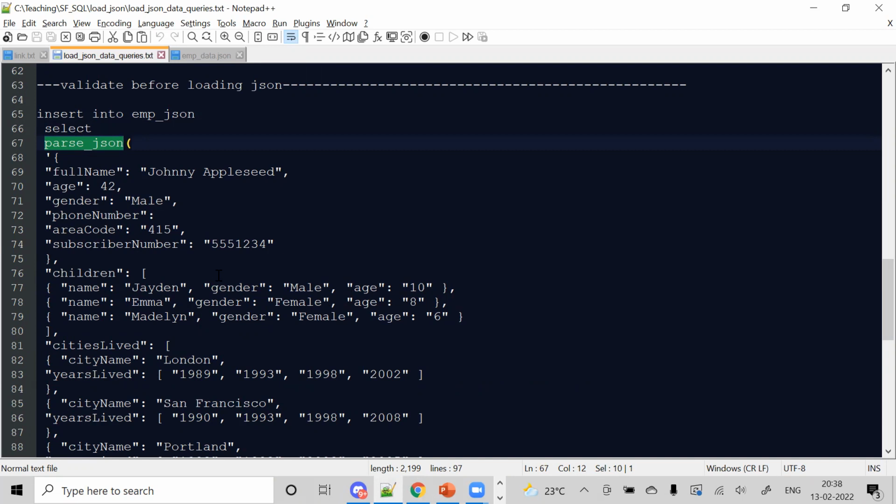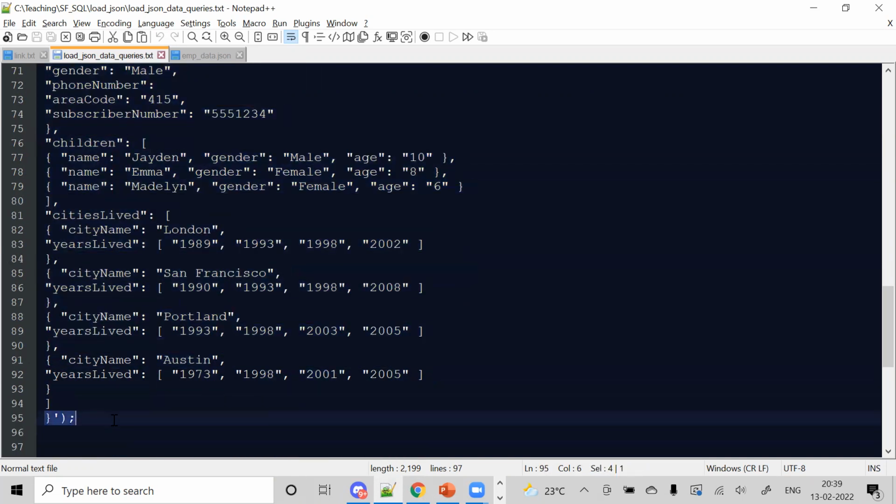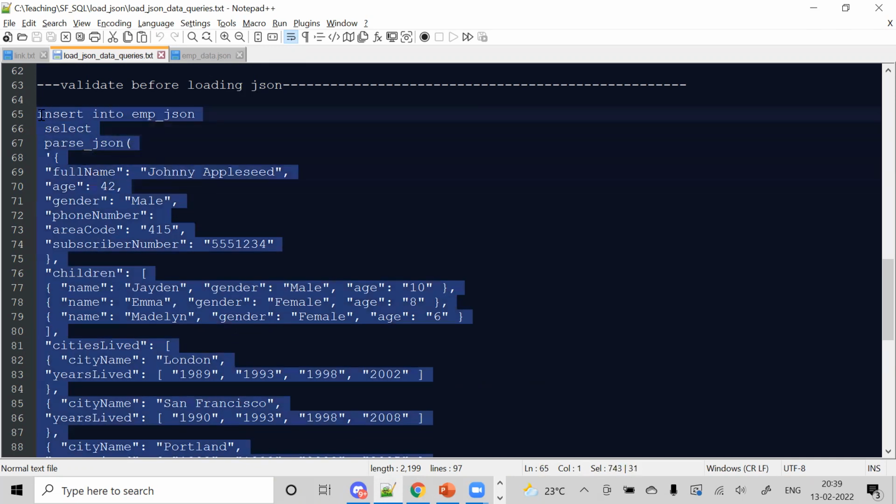Or else, as you saw when I was loading, I had applied a file format to the loading file of the JSON, so there it will also parse it. But if you want to individually select something and insert into a table, you can have a parse JSON function followed by the values of the JSON, whatever you want to enter. So for example, if I want to enter this,